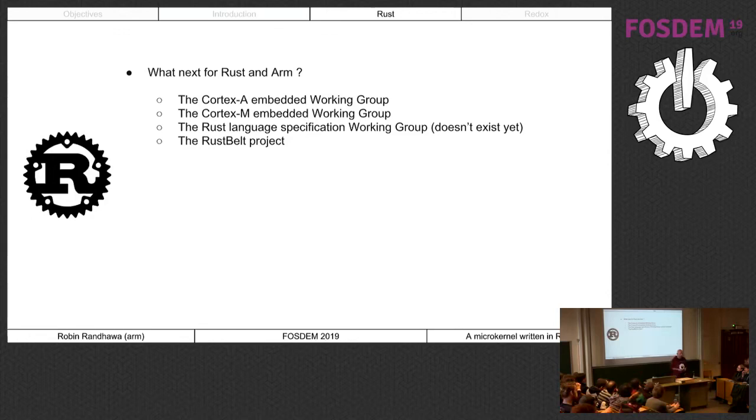There's a very nice, very active Cortex M embedded working group which has been there for a while, and they've done something similar for Cortex M. The Rust language specification working group, I want to try and explore ways in which we can help the Rust community come up with, I wouldn't say ISO-like, but a more, and I won't even say formal specification because that